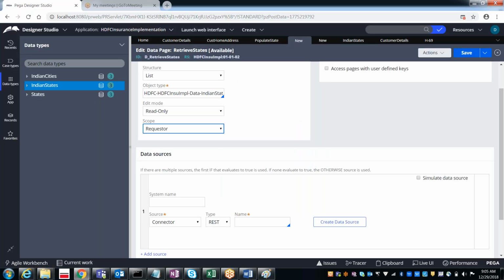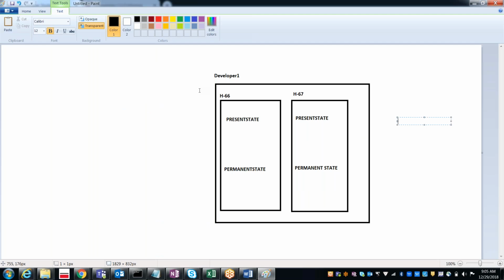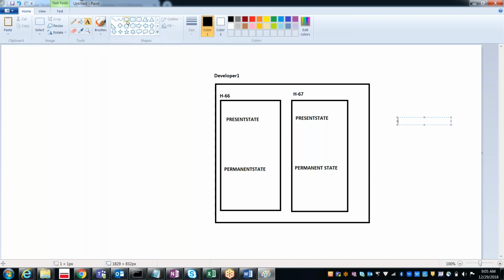And instead of this requester, if I use node, that means on the same server, developer 1 is connected, and also developer 2 is getting connected.